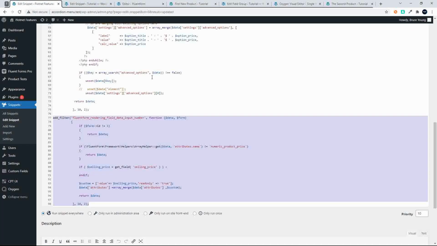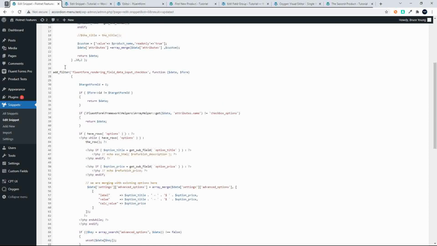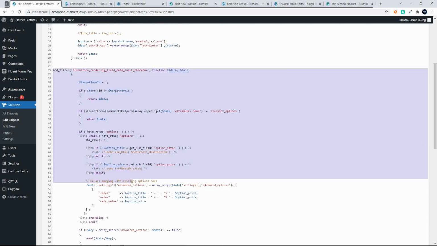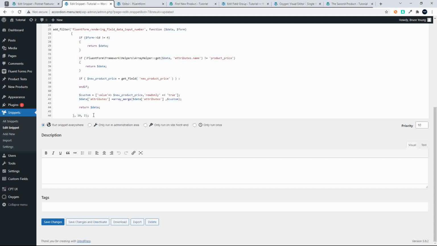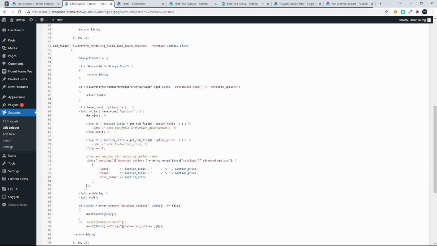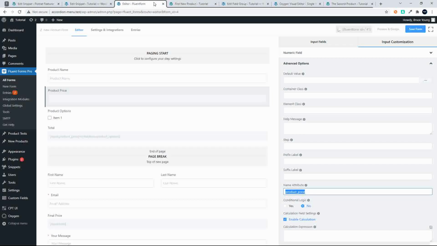So we'll head over to our original form, and I'm going to copy the filter for input checkbox, and just copy that, and here we're going to add the filter now for the checkbox. So the first thing, once again, let's make sure that we are on form number 4, and now we once again have a look at targeting the right form